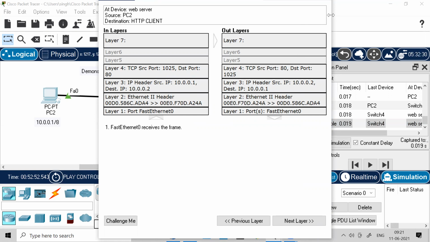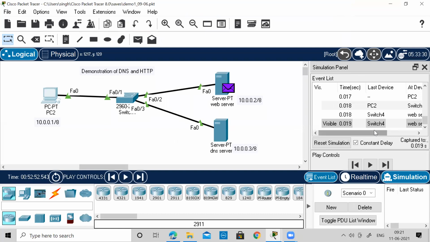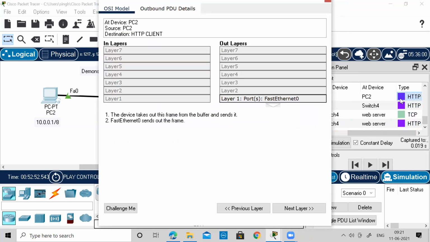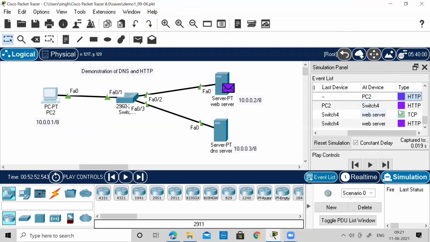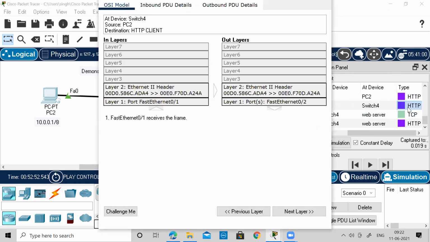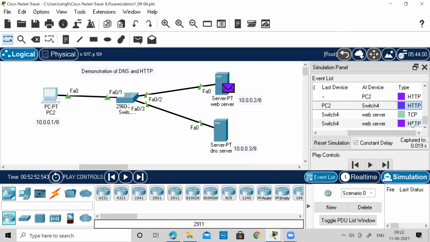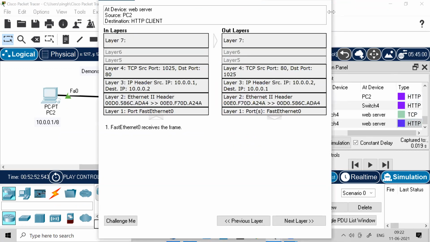I'll actually show you the packet when it started from the PC2. This PC2 is this packet. Okay, anyways.